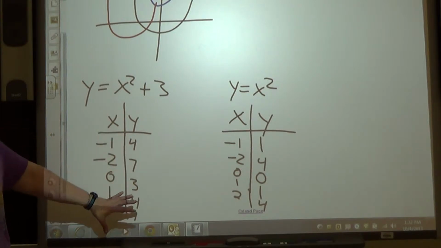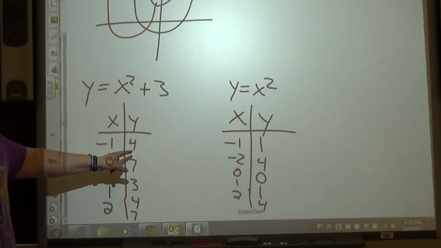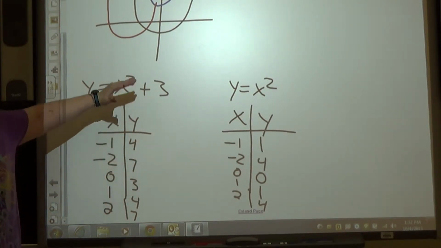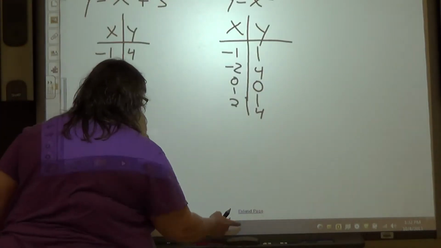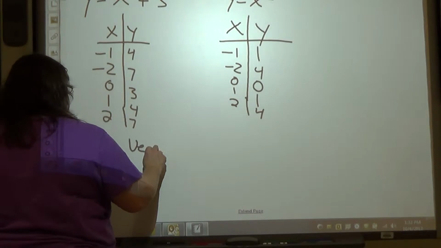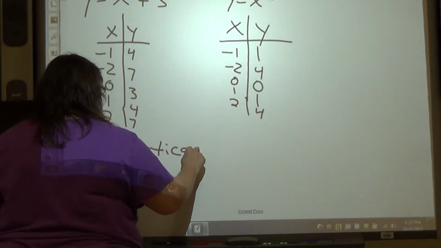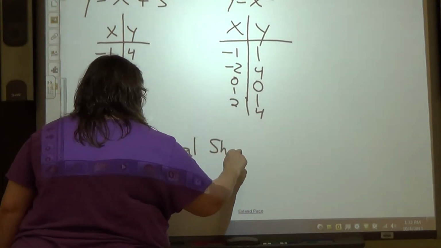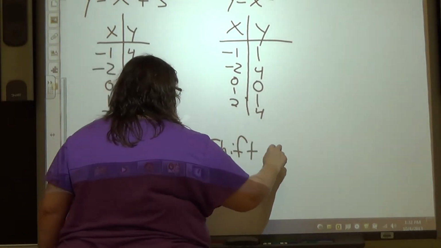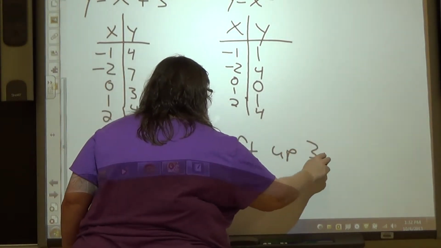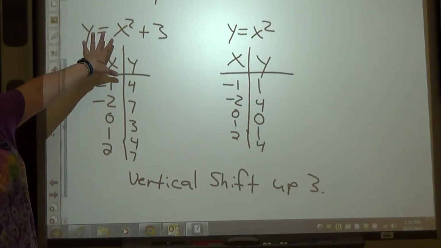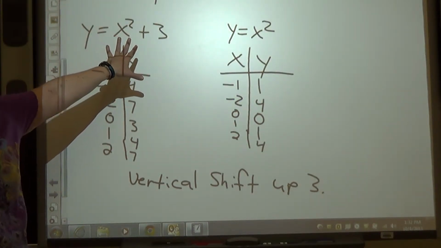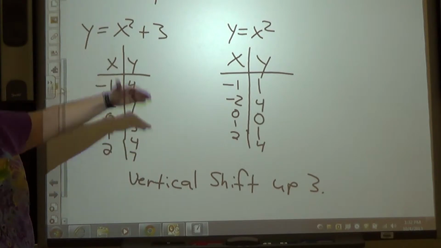What happened here? My y value increased. So that means this is a vertical shift up 3. Okay? So anytime I have a number outside with the x squared, it's going to be a vertical shift, all